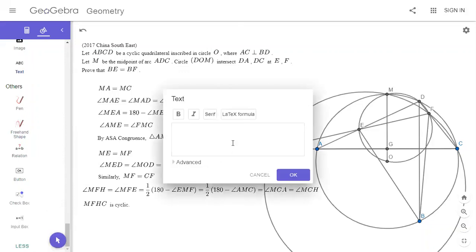So we have angle FHC is equal to angle CMF, which is equal to angle MCF, which is equal to